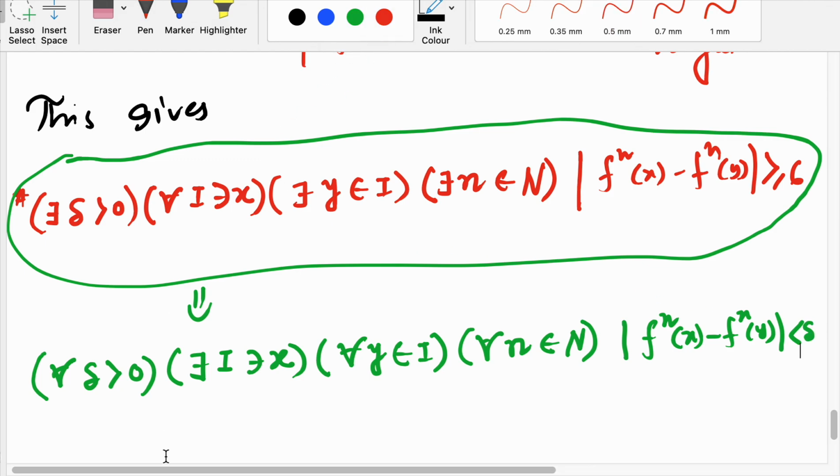Now you see that this is the sensitivity, because for every y and for every n they